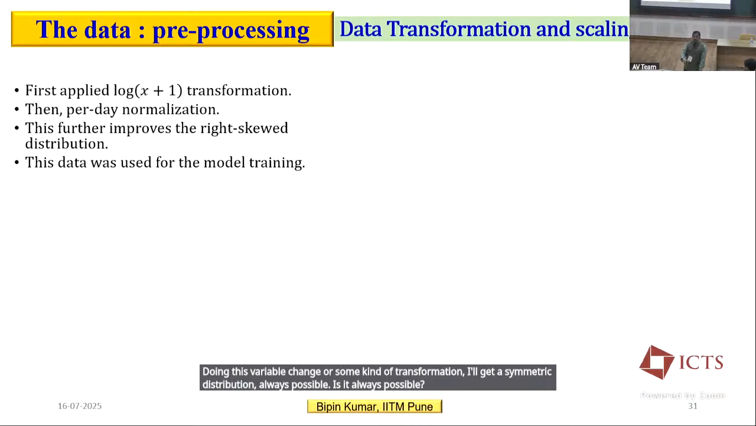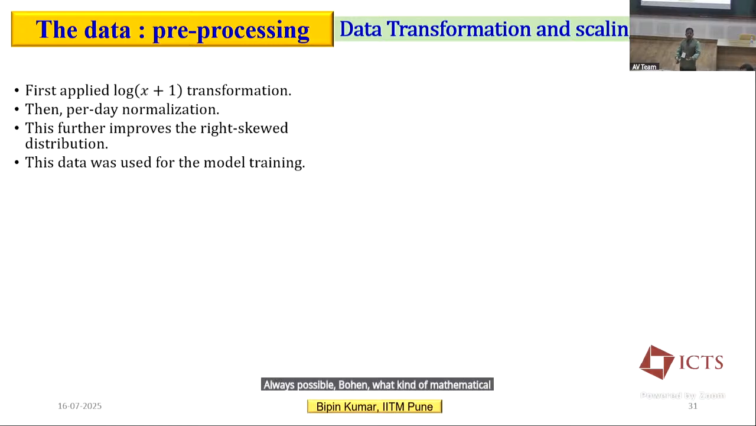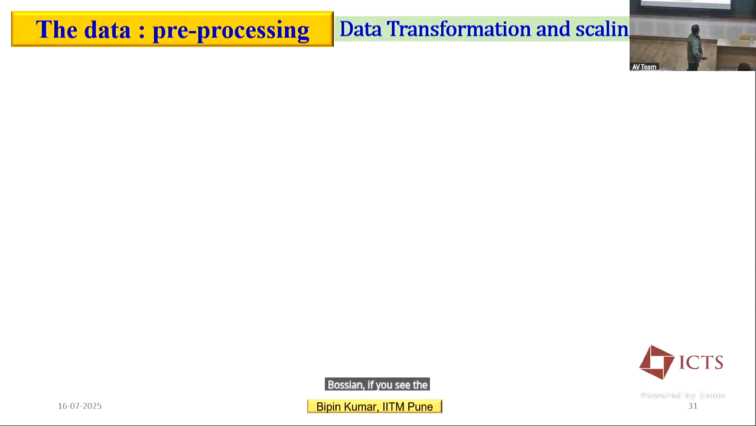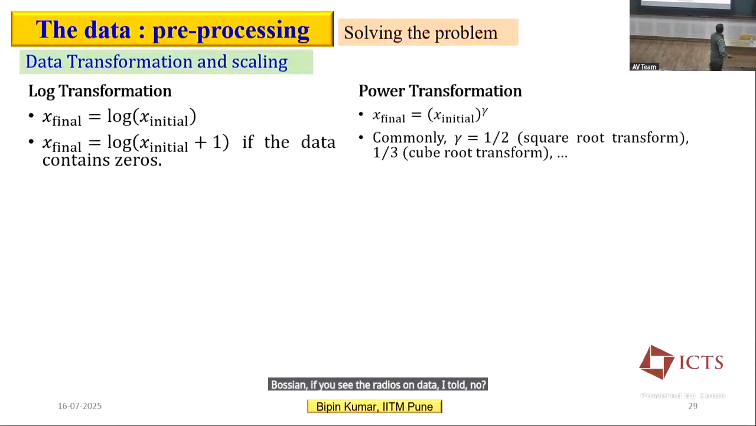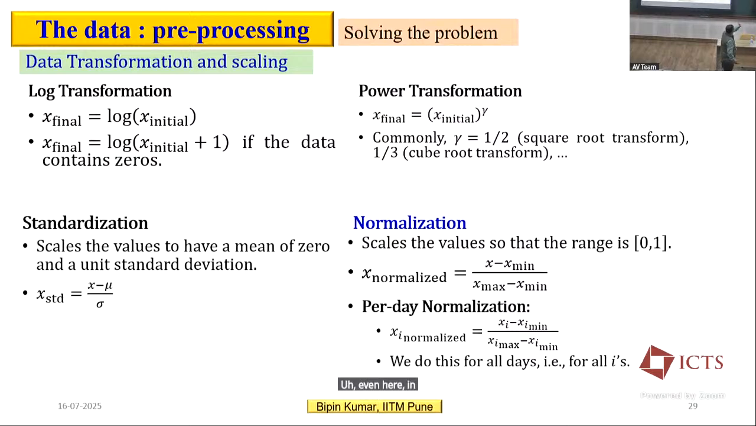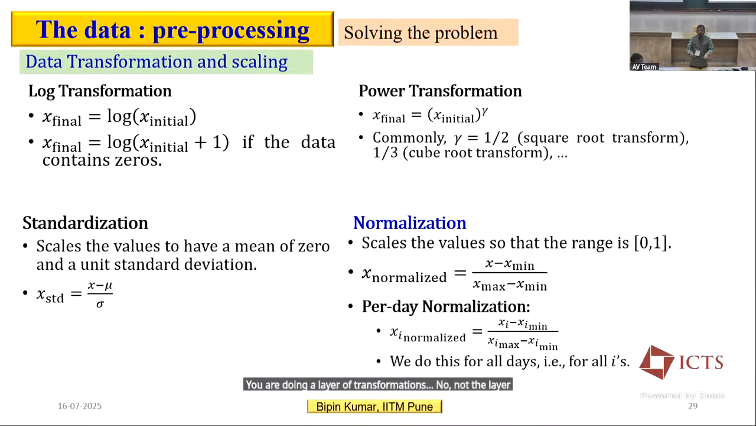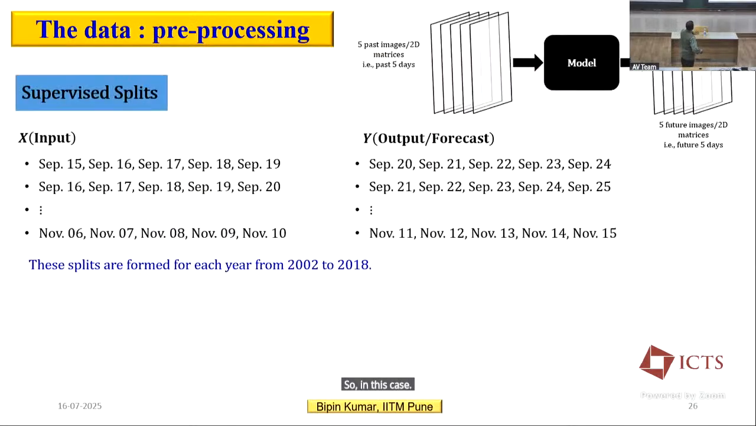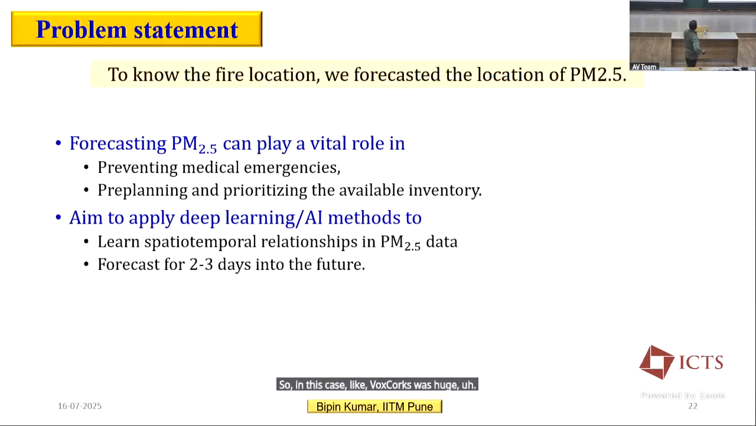Always possible? What kind of mathematical transformation are you using to make it Gaussian? Look at the radar data, I told you. Even in this data, how many transformations have we used? You are doing a layer of transformations? No, not a layer. You have to find out which one is working, and only one transformation you have to use. Correct. So in this case, Box-Cox was used,